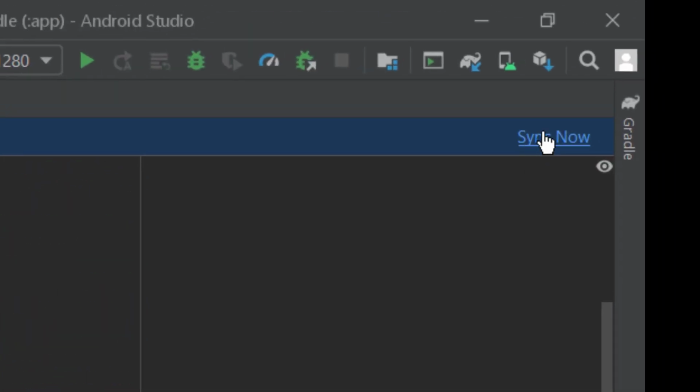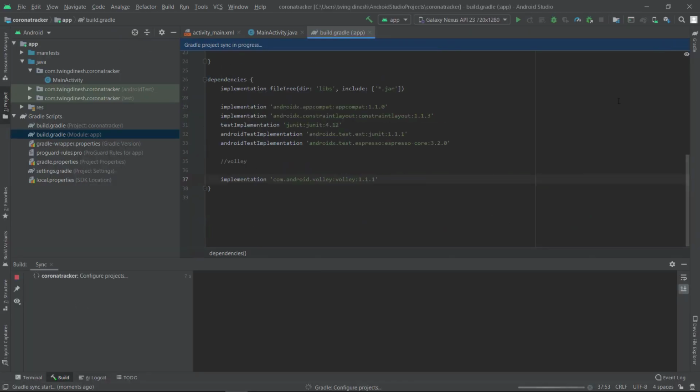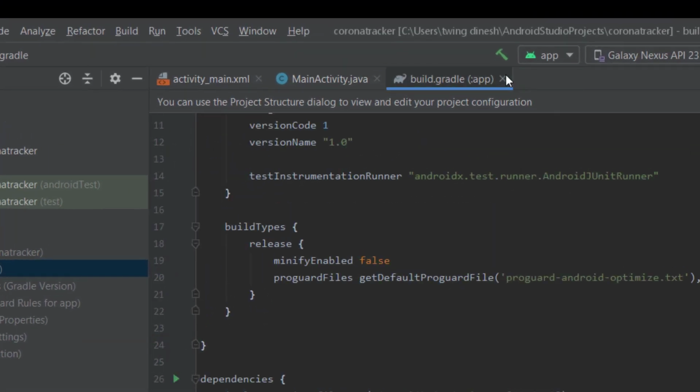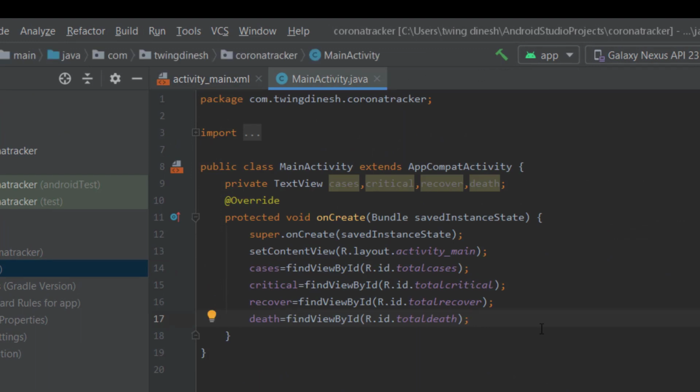And click sync now. Perfect. So let's close all things, close Gradle file and move on to main project.